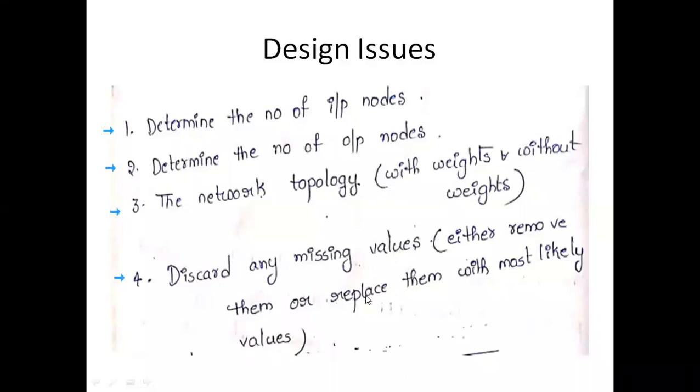Okay, which means suppose for some edges there are no weights. What do we have to do? You can replace that particular edge with some other, but most likely approximate, value. You can write some weight value by using an approximate value, or you may discard that particular edge, you may remove the edge between those two nodes. Okay, these are the four design issues of a multi-layer feed-forward network, right?